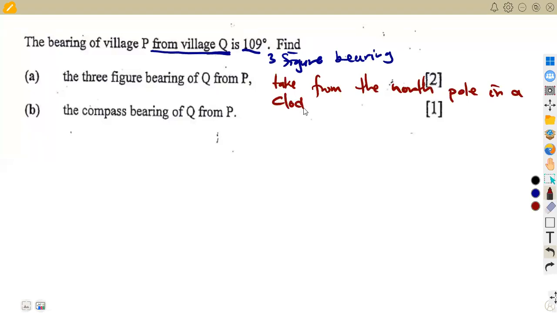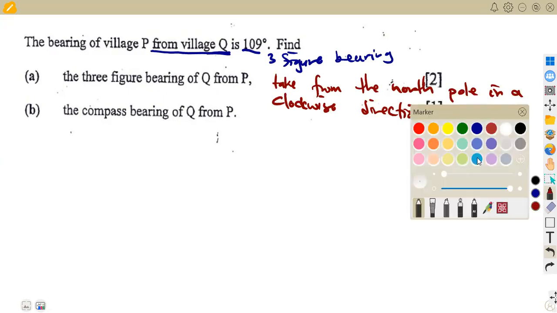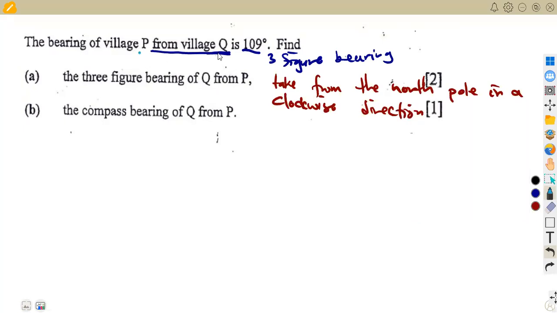I don't know if we are together in this case, in a clockwise direction. So whenever you see a question that has 3-figure bearing, you take it from the North Pole in a clockwise direction. So here they are saying P from